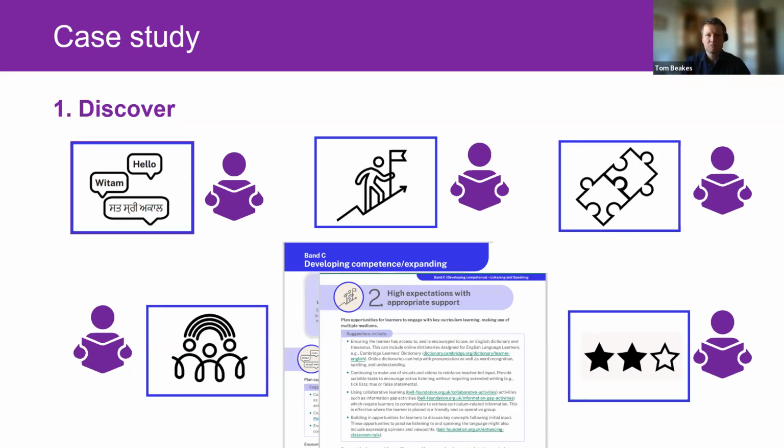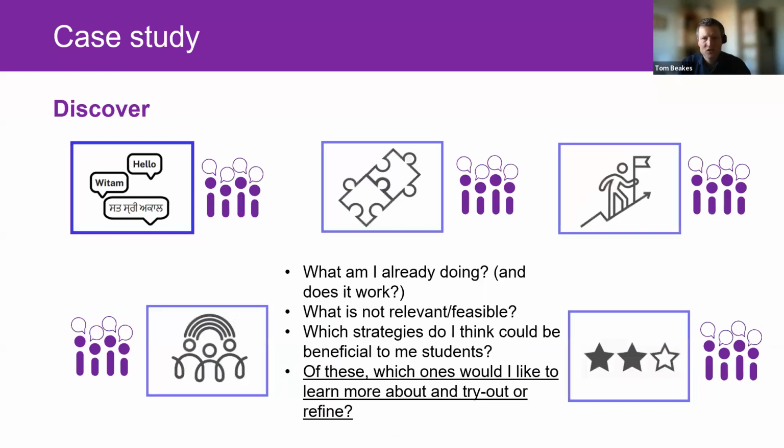They put them into groups fairly randomly, and they ask each group to focus on a particular principle from the Band C section of the support strategies document. Each principle is about 2 pages of text, so we're not talking about a huge amount to read. There's one for speaking and listening and one for reading and writing. In this case, it's face-to-face, but this could equally be done as a flipped learning home thing. And they're given a set of discussion questions.